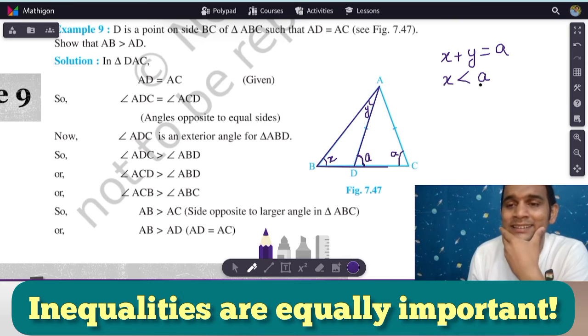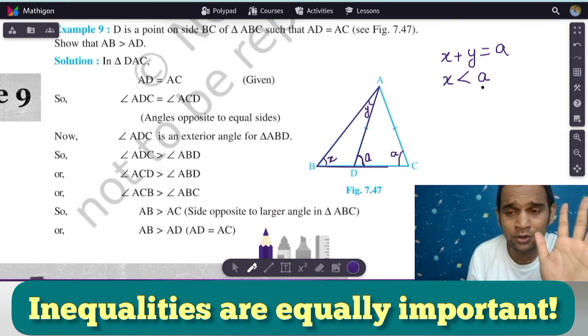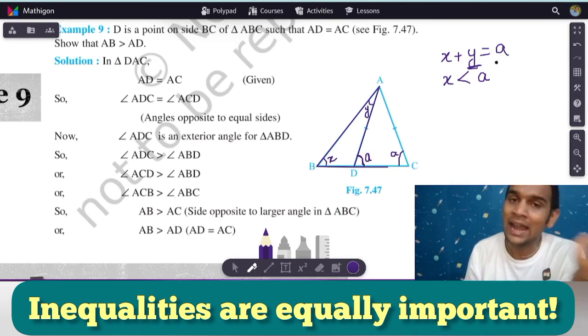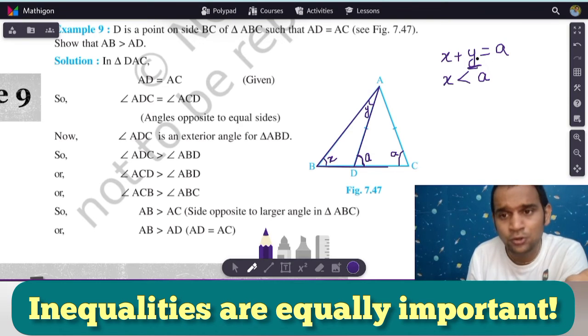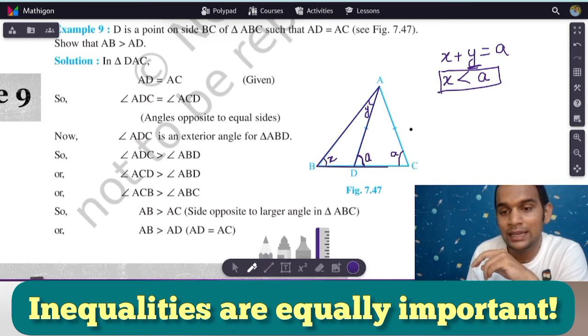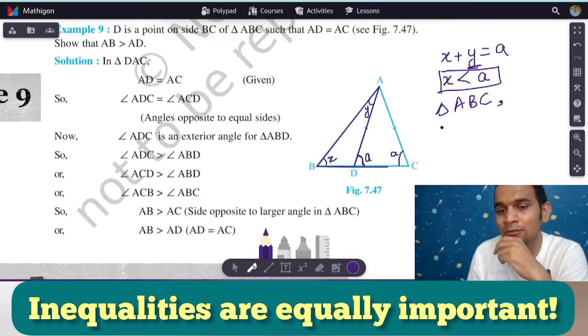So when X is less than A, I hope that there's no doubt. I'll repeat this once again. X is less than A because we are adding something to X to make it A. When we are adding something, no matter if it is 0.01 also, X will always be less than A, right? So one thing we have already shown. Now, if we consider triangle ABC, we have already shown X is less than A. Now we will try to name it. Angle ABC is less than angle. Now it might confuse with the greater than sign, that's why I'll write angle